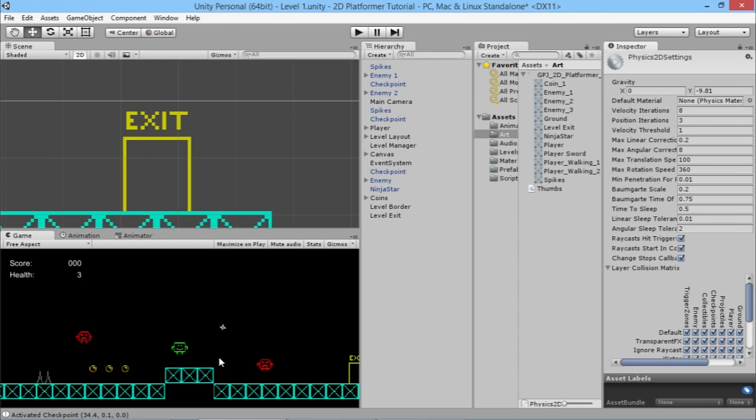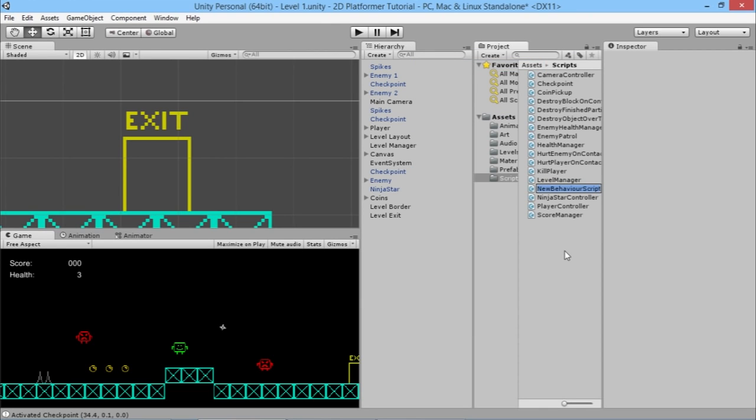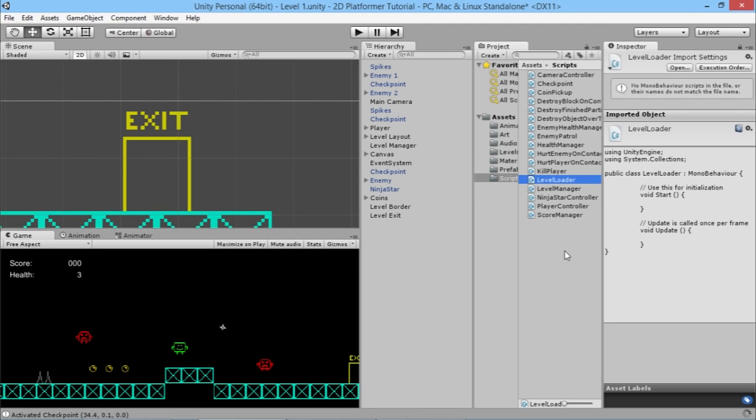So now we need to set up how the game is going to load new levels. We'll need to create a super simple little script. So we'll open our scripts here, and we will create a C# script, and we'll call this level loader. Nice and simple. And we'll open this up in MonoDevelop, which I don't have open yet, so it'll take a